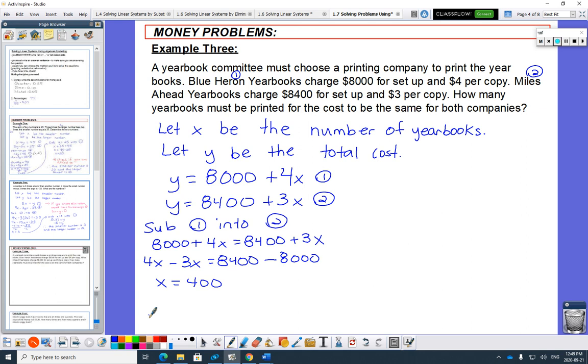So if you read the question, am I done? Have I found the number of yearbooks that must be printed for the cost to be the same? Yes, x is the number of yearbooks, okay? I will never, ever penalize you for doing more work. So if you just keep going,